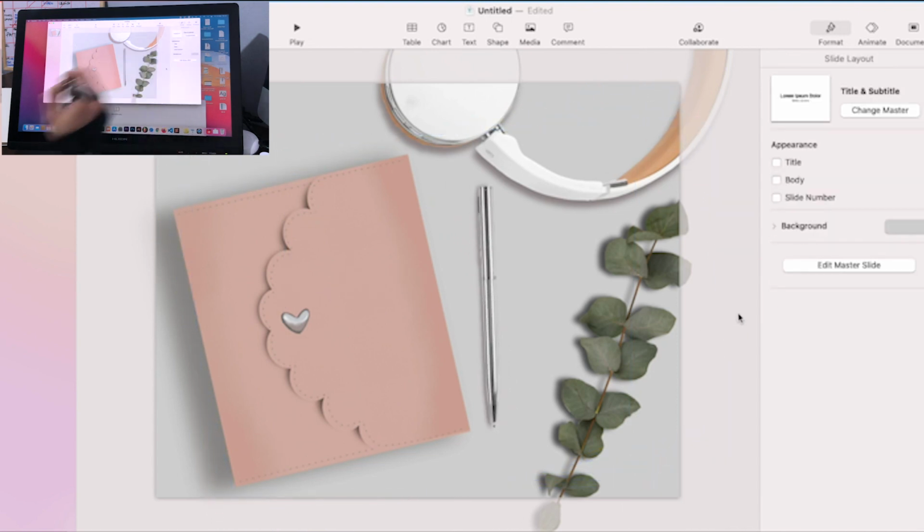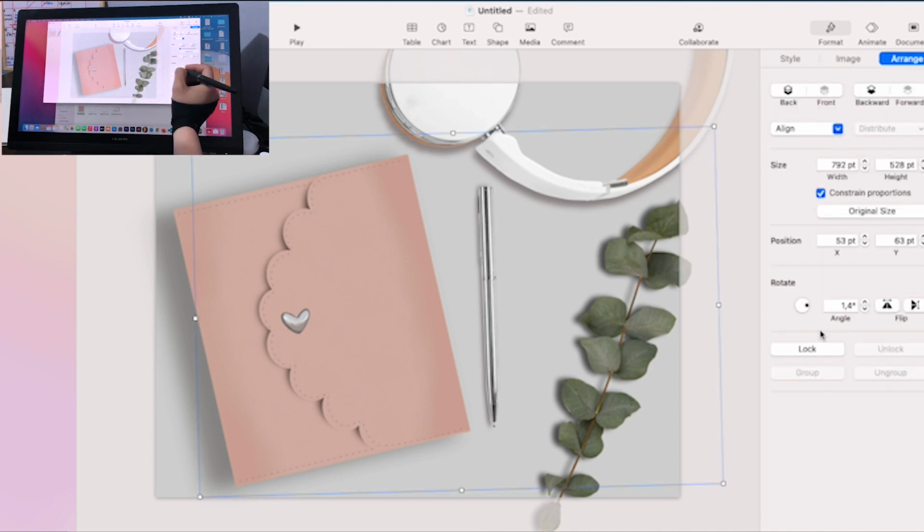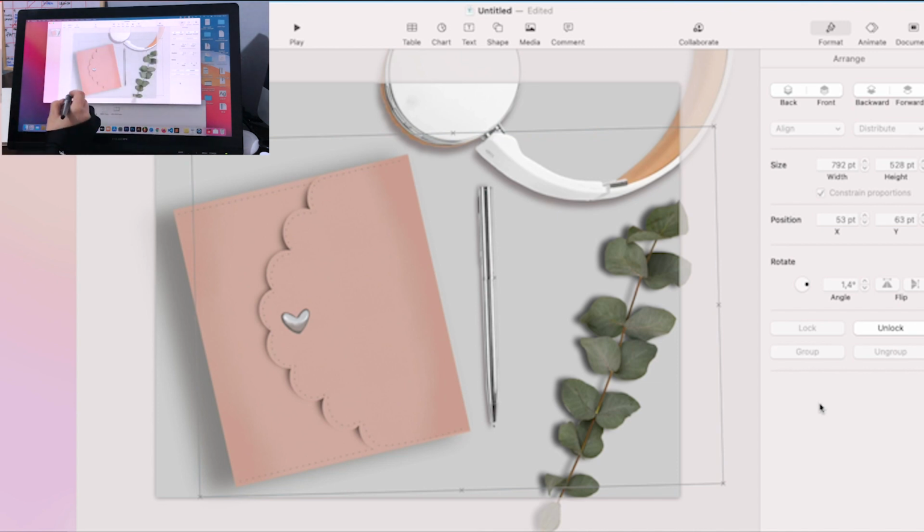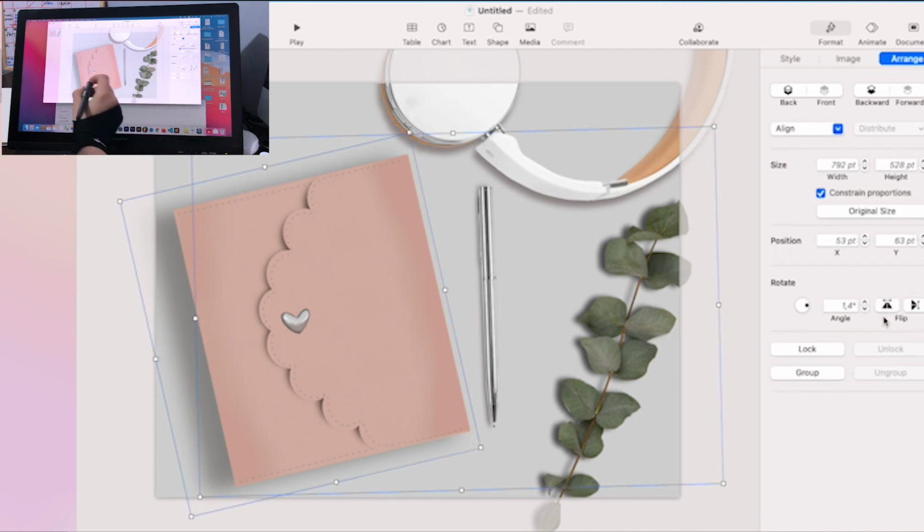Finally, I'm going to be adding this pencil, and before I leave this page, I want to add the hyperlink that is going to take me to the open book when I touch the planner. So I'm going to unlock the planner for now, and I'm going to be adding the hyperlink using the right click on my mouse and adding the hyperlink